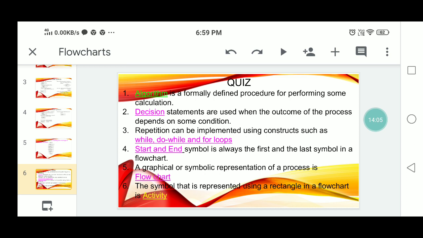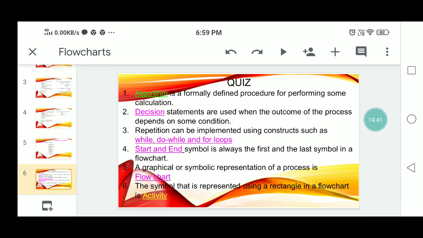The fifth question: a graphical or symbolic representation of a process is dash. That is flowchart, a picture or graphic representation of the process. The next question: the symbol that is represented using a rectangle in a flowchart, what is it? That is activity.